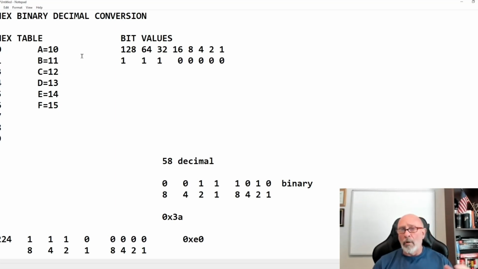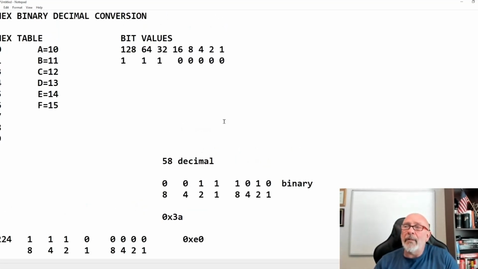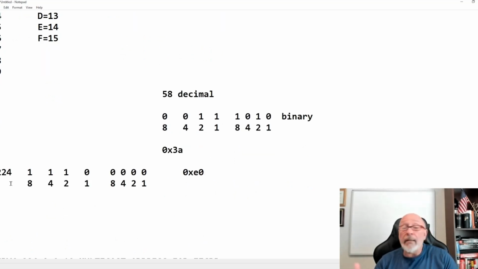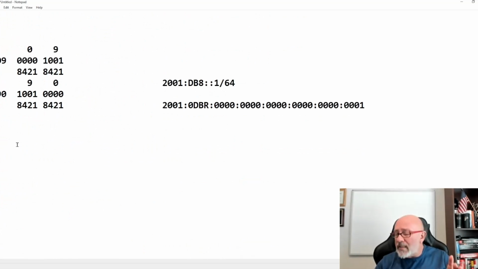So taking simple decimal numbers, you don't got to get crazy. And you got people going, well, what's 2,389? Why? Don't do that. Just take simple numbers, no bigger than 255. And if you wanted to, take the MAC address of a PC and convert it from hex to binary to decimal, and then from decimal to binary to hex. Let me show you a very, very simple number.